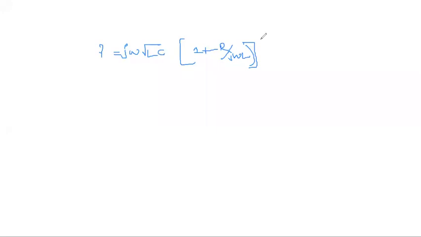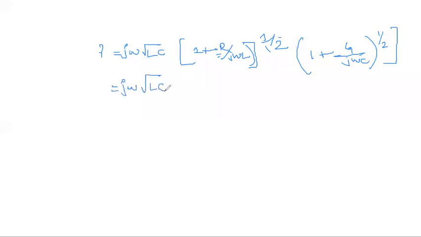So you have square root, so it will be half. I've written it as to the power half: 1 plus G by j omega C to the power half. What the binomial theorem does is, this term that you have, that is half, it just comes to the middle of this. That is an easy way to remember, because there is no need to write the whole expansion and do it. So that is the binomial expansion theorem.